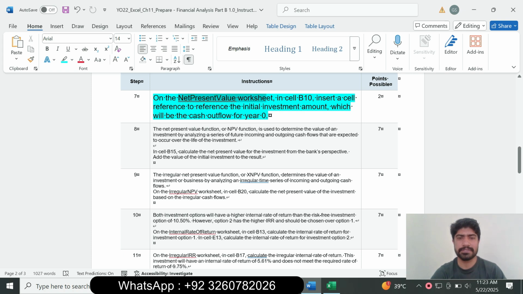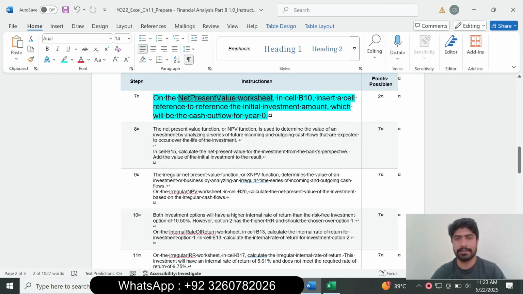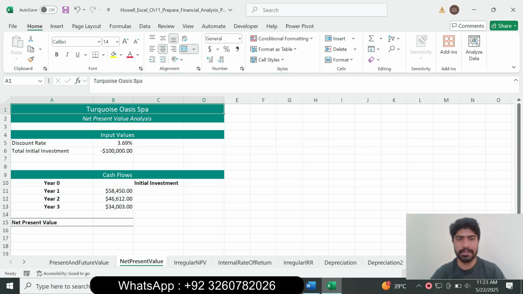So go to the net present value worksheet. In cell B10, insert the cell reference to reference the initial investment amount, which will be the cash outflow for year 0. So in cell B10,